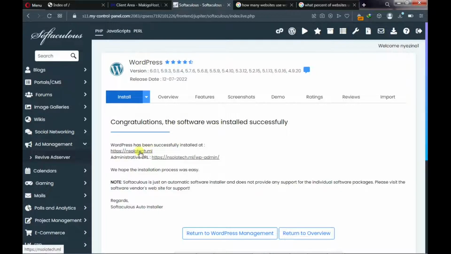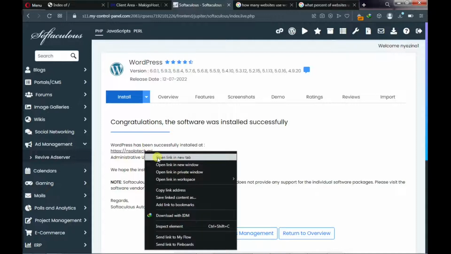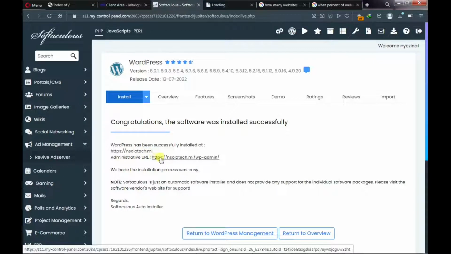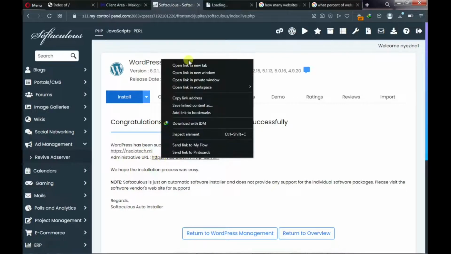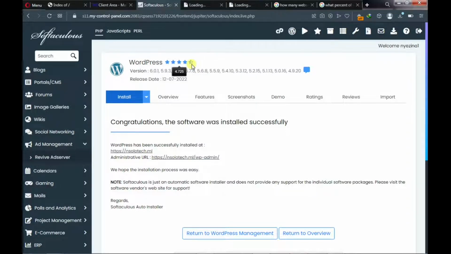Now the first one happens to be your website URL. The second link is your WordPress dashboard, your WordPress admin link. So you can open these links in a new tab. Open this link in a new tab and then open this one too in a new tab. Now you go back there